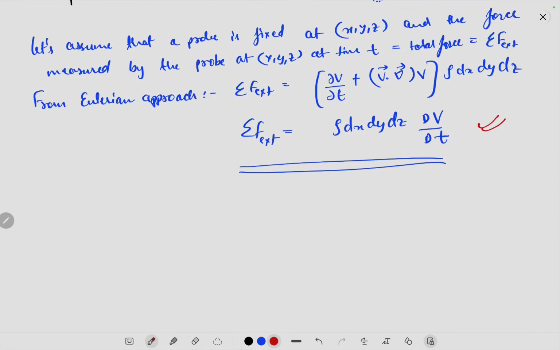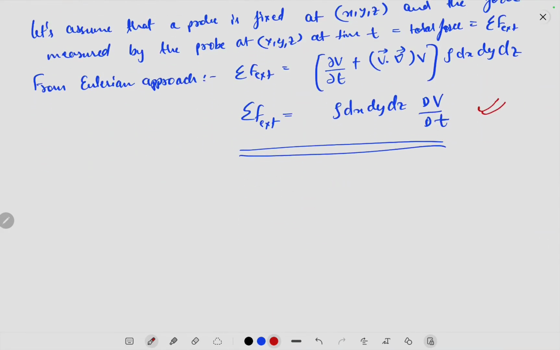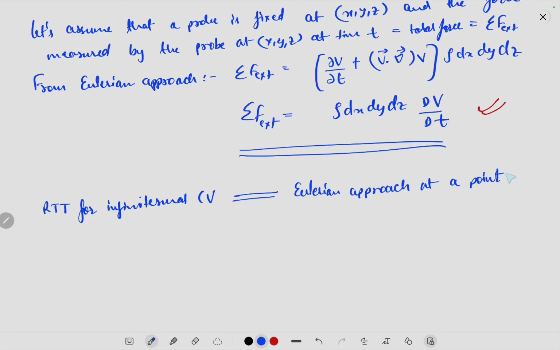So this means that Reynolds transport theorem for infinitesimal control volume is the same as Eulerian approach at a point. Okay, and